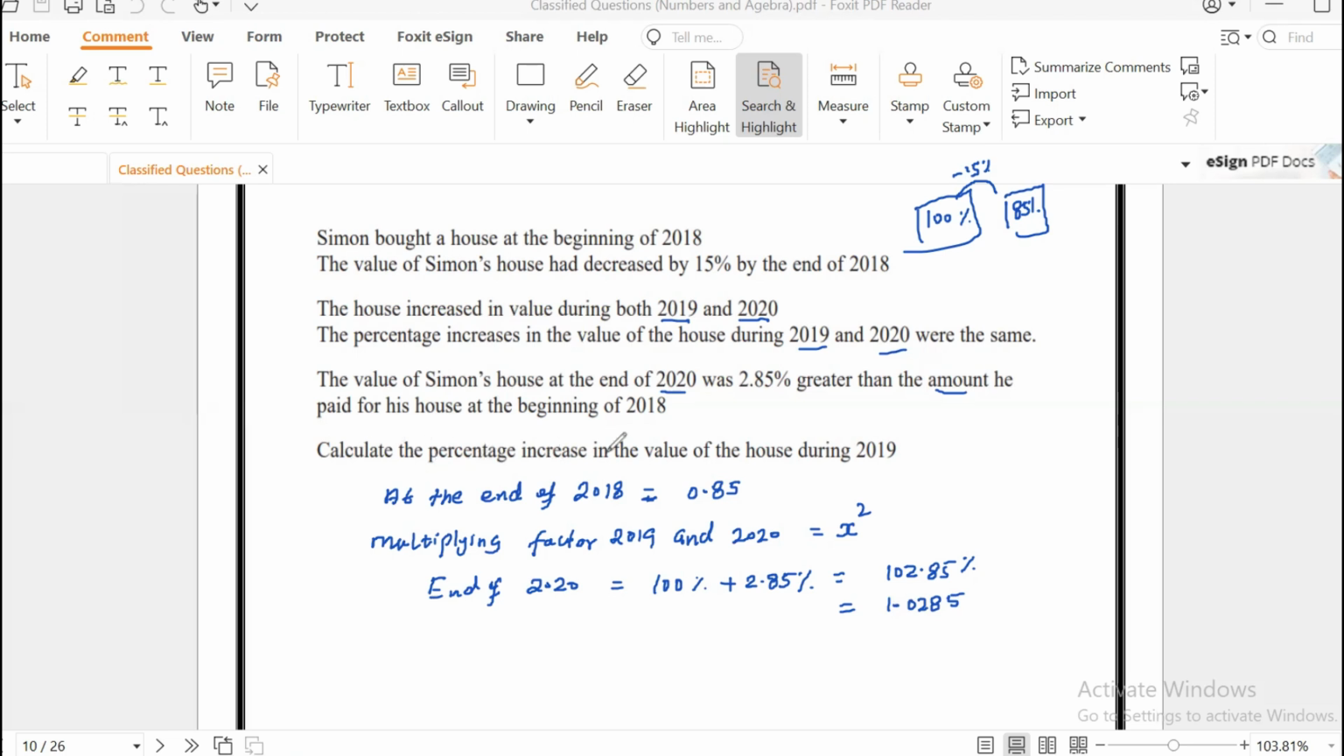So what we want to calculate is the percentage increase in the value of the house during 2019. So we can find the initial value, which is at the end of 2018, 0.85, multiplied by the scale factor, which is the increase during 2019 and 2020, x squared, and this becomes the value at the end of 2020, which is 1.0285. So we will try to find x. Here x squared equals 1.0285 divided by 0.85, which, if we check in the calculator, 1.0285 divided by 0.85 gives me